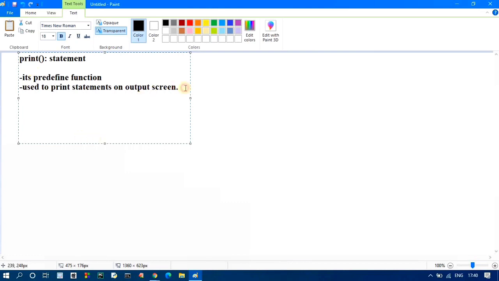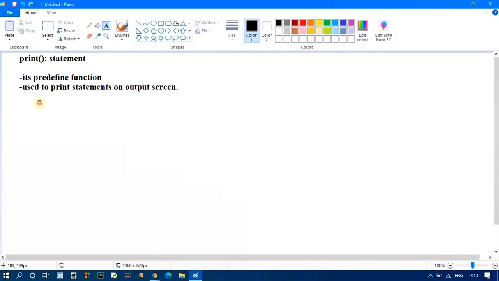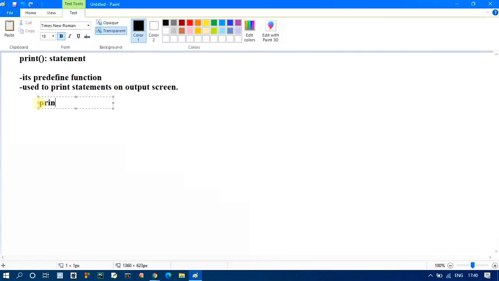Just see some examples, like I'm writing print. We can use a single quotation mark to print the statement, or we can use a double quotation mark. Both are possible in Python.